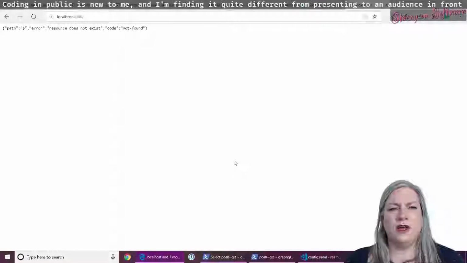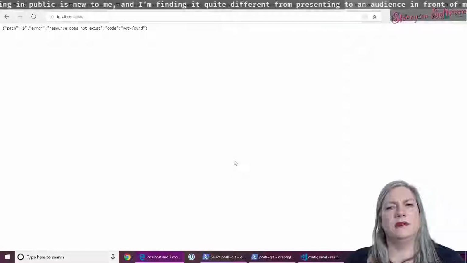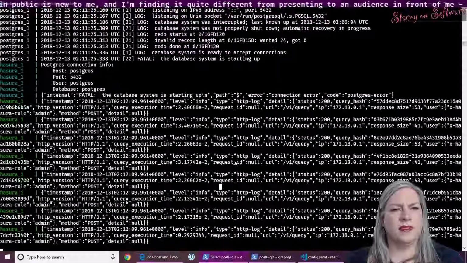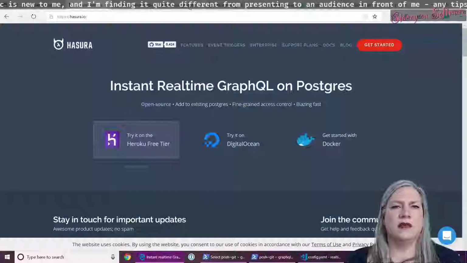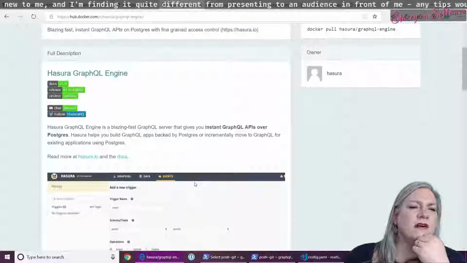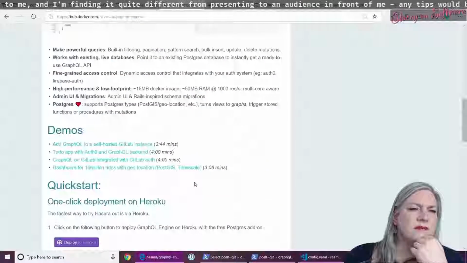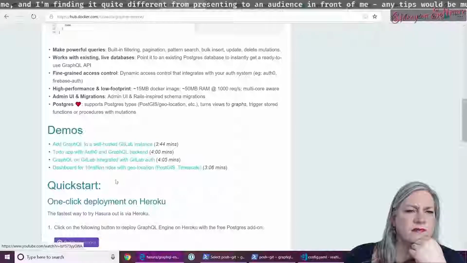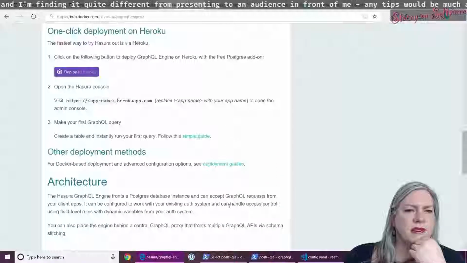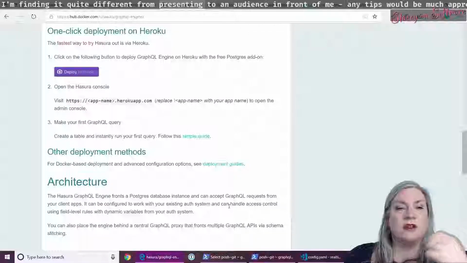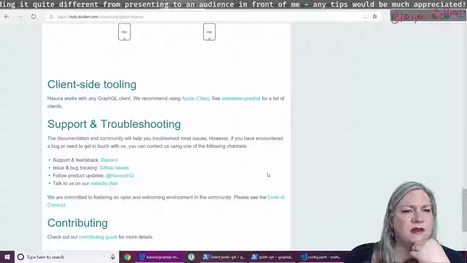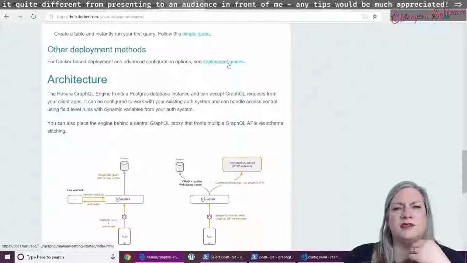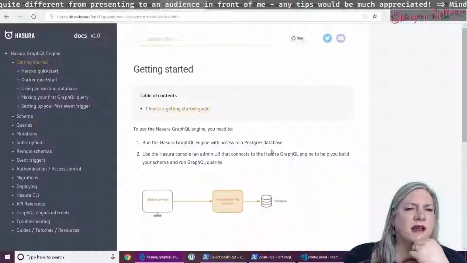What thing would I be missing? Let me flip over to here. I'm obviously not doing the one-click Heroku deployment. And that pretty much is where that stops. Let's look at